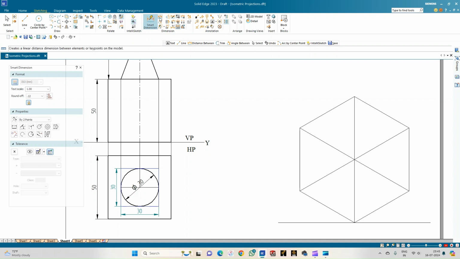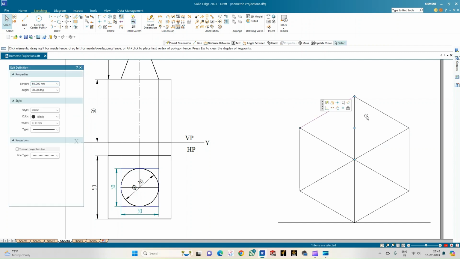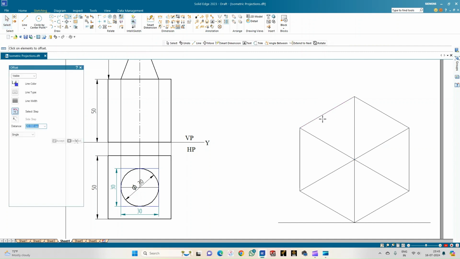So before we do that, also let us know the distance between the endpoints. See here, these two lines it is 10 mm, and these two lines it is 10 mm. So again here and here it is 10 mm. So I need to offset this to a distance of 10 mm first. So what I'll do is, let me select the offset option, select this square, and then offset this to a distance of 10 mm. So you get to see this is 10 mm in the true scale, but in the